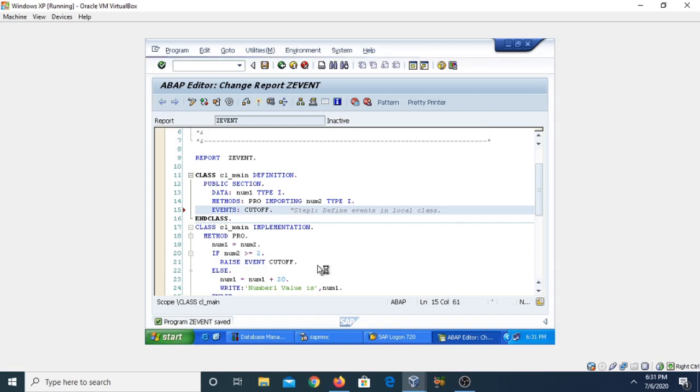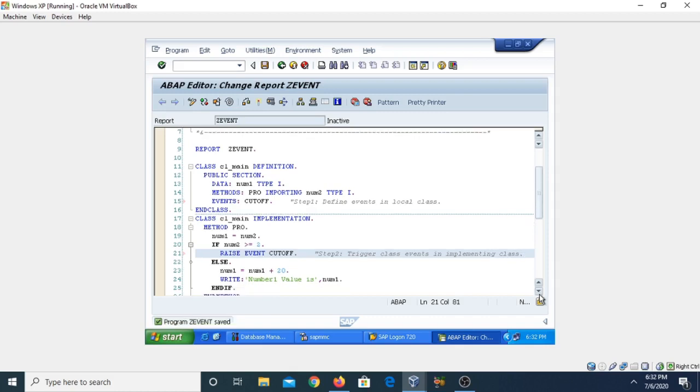Now step number 2 is triggering events in the implementing class: trigger class event in implementing class. So this is our step number 2.